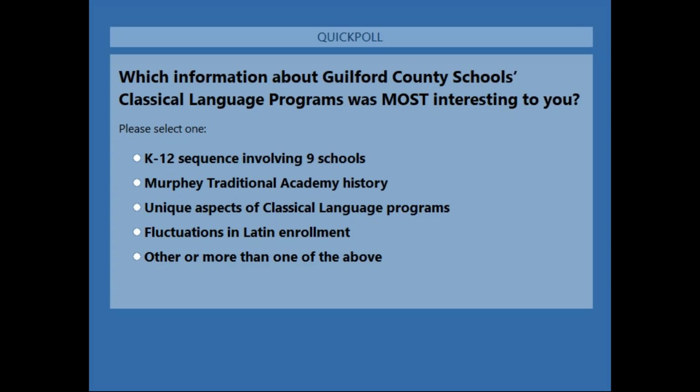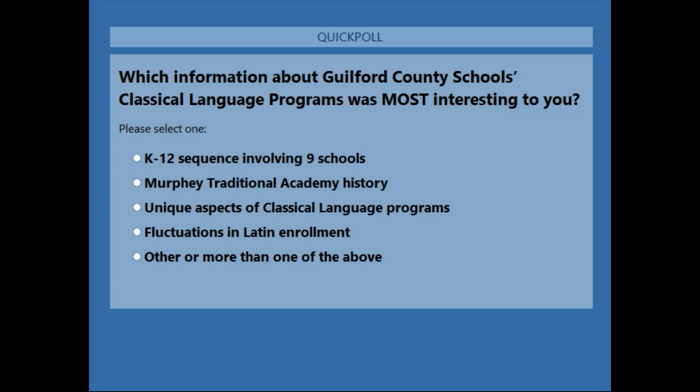I always like it when we're doing these broadcasts, especially since we're setting them up as virtual school site visits, that we mention our teachers who work so hard to build their programs. As she noted, Temple Eller is on the line with us today, as is Jennifer Kunka, and others that you saw in the pictures there from Guilford County Schools. All right, let's take about 10 seconds and finish up our voting on the poll.